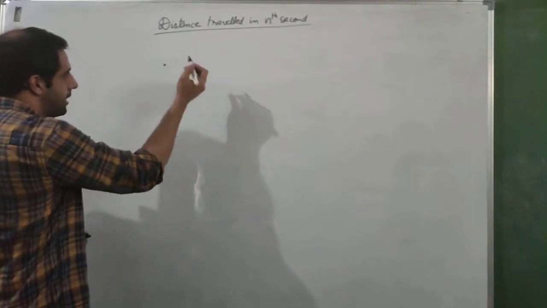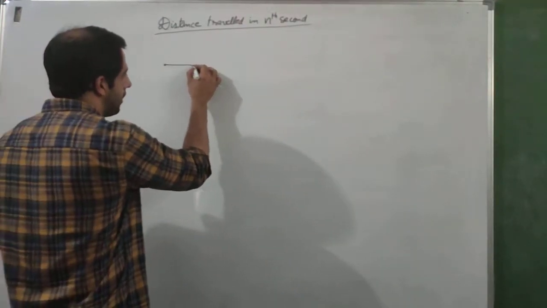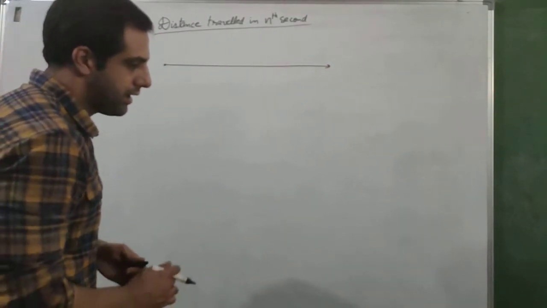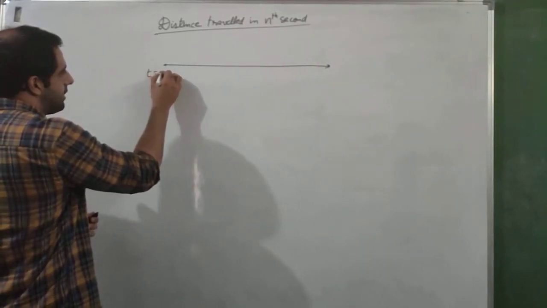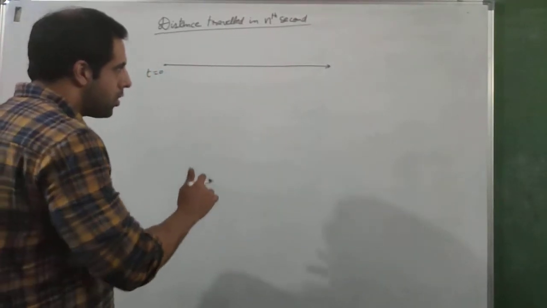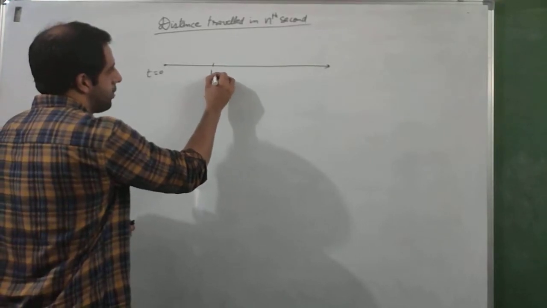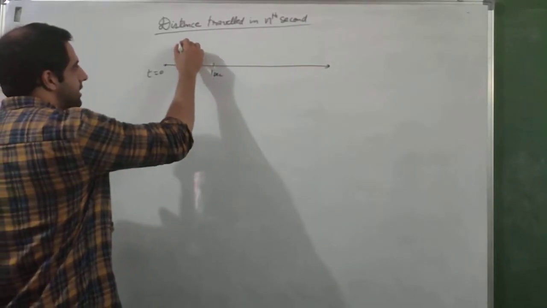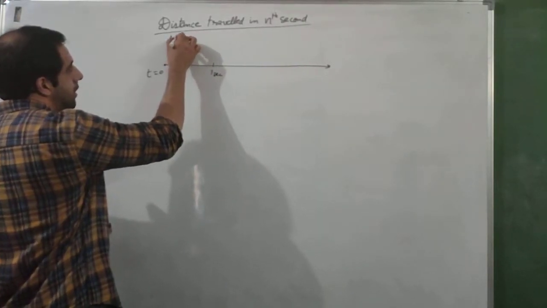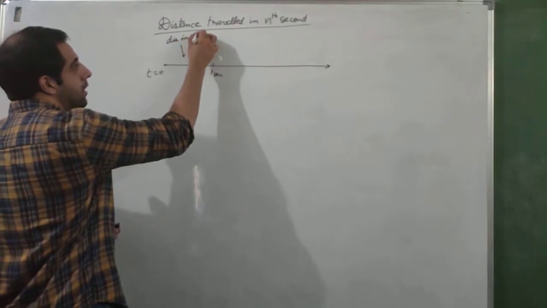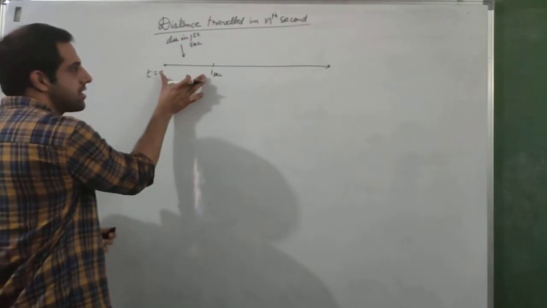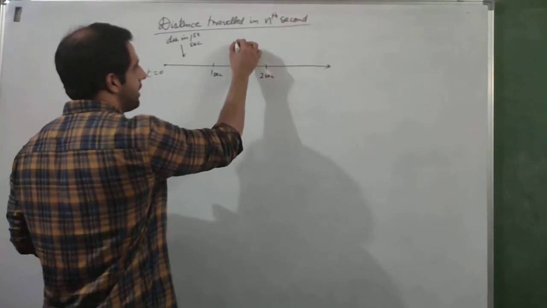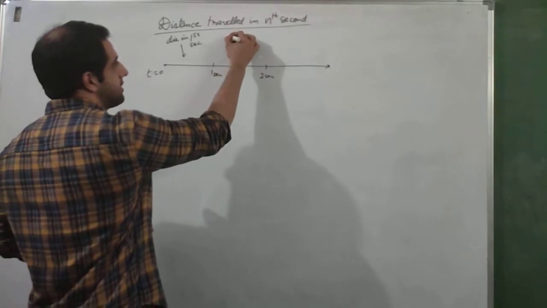Let us say that there is a particle which is moving in a straight line. It is a rectilinear motion or a linear motion. It starts at t equals 0 seconds. Now at t equals 1 second, it has covered this much distance. So we can say that this is the distance covered in the first second, from here to here. Similarly, at 2 seconds, we can say that this much is the distance